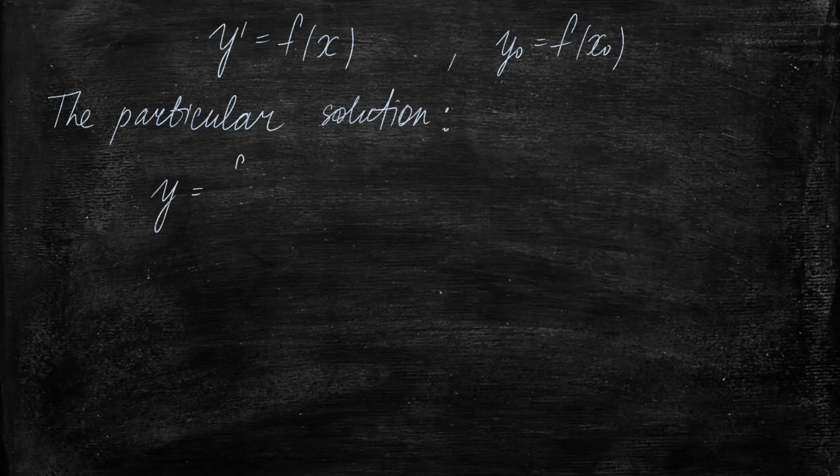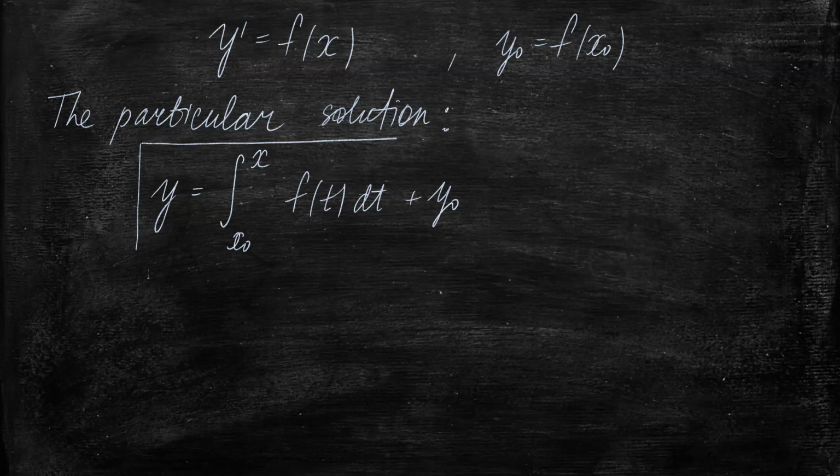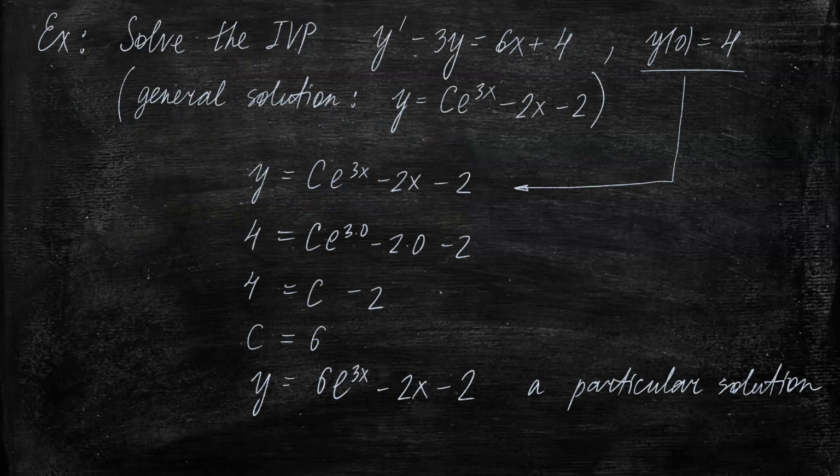So y would be equal to the integral, and it may not seem trivial, but if you try to apply this formula on this example, once again, or rather this example,